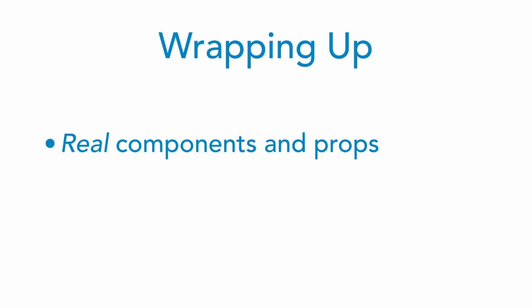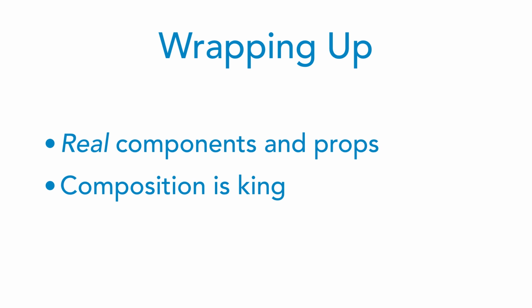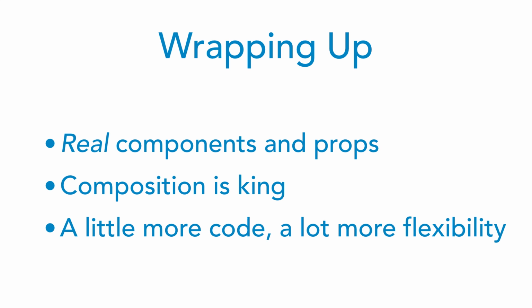So let's wrap up now. React Router v4 is all about real components and properties, which are much easier to reason about when it comes to complex or even frankly just non-trivial routing scenarios like authentication. The key to it though is that it's all about composition. We kind of already knew with React, composition is king. It's all about combining components and slicing and dicing them. And I think that React Router v4 gives us a really good API for combining components to meet our particular needs. And the end result is it might be a little bit more code, but it's a lot more flexibility,